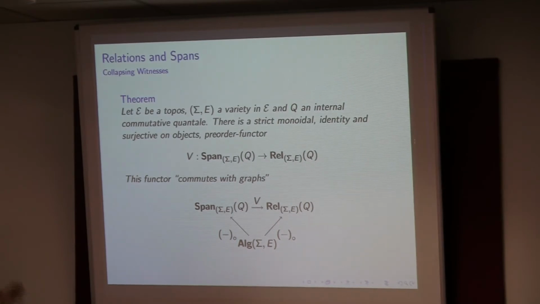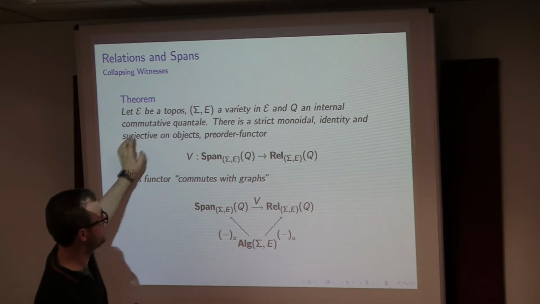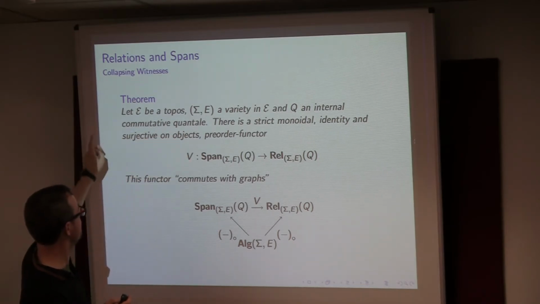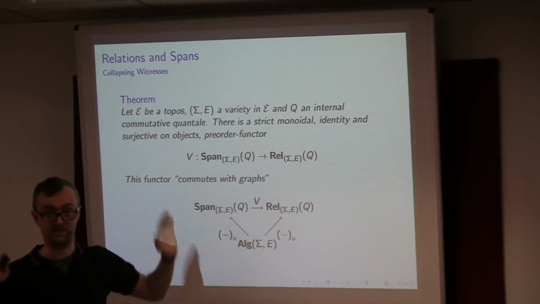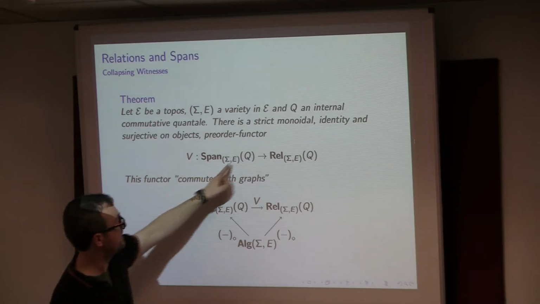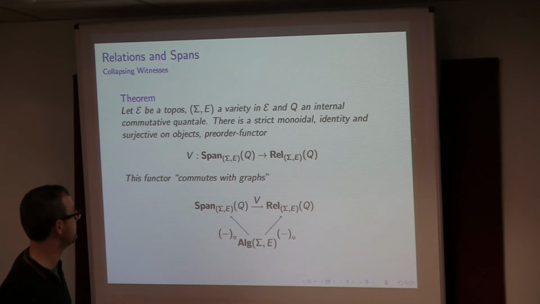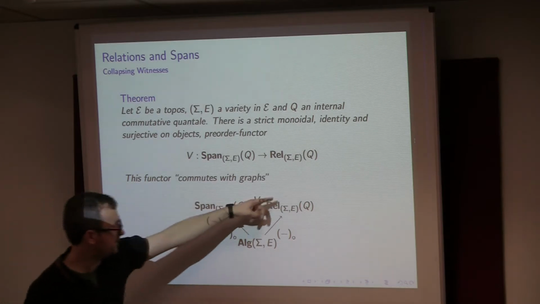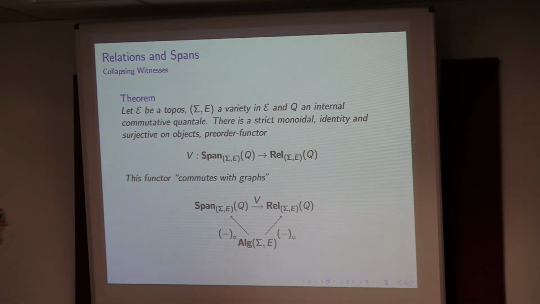And it turns out that that works in that we get ourselves, again, a very well-behaved, strict monoidal, identity on objects, surjective on objects, pre-ordered functor, so it respects basically all the structure that's around on the nose, taking our spans down into relations via optimizing the choice of proof witness. And this thing commutes with taking graphs, which is kind of obvious from the way that the graph constructions work. So